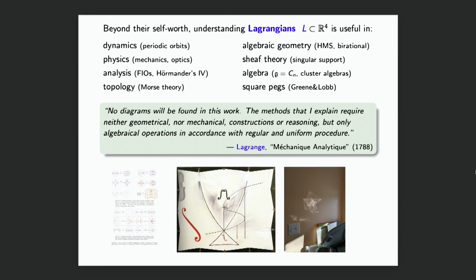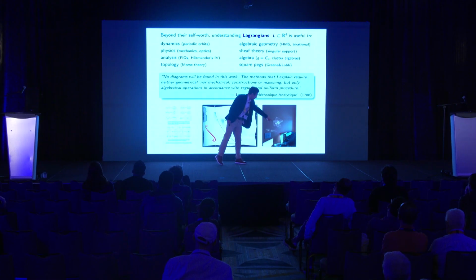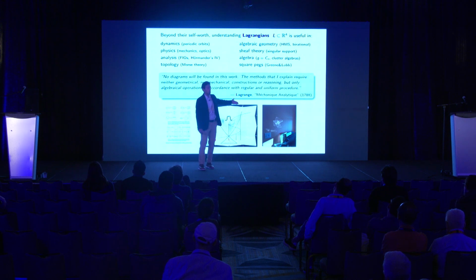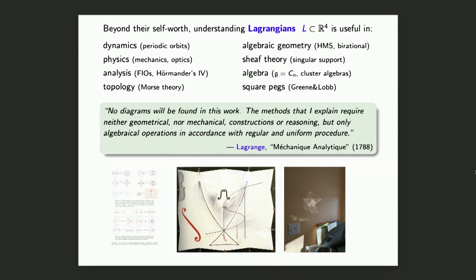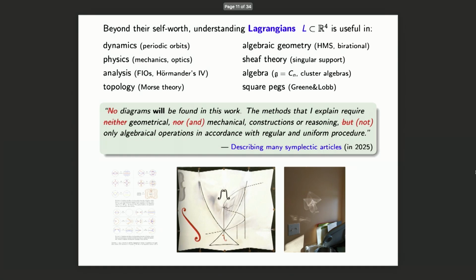And the last one, maybe it's not a Dali, it's my kitchen. This is literally the wall of my kitchen in a Sunday morning. And it's just a beautiful caustic pattern projected onto the wall. And if you know a bit of symplectic topology, that is literally the projection of a Lagrangian in a four-dimensional space down to the wall. And it's very visible. And so I would say Lagrange might have been accurate back in the day, but today,